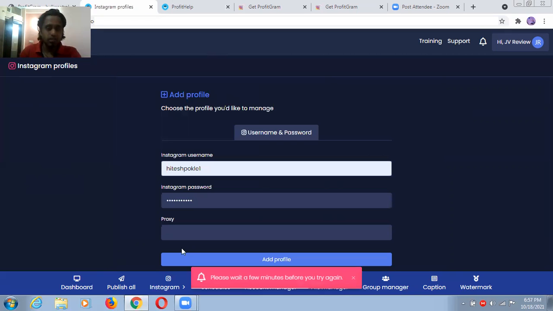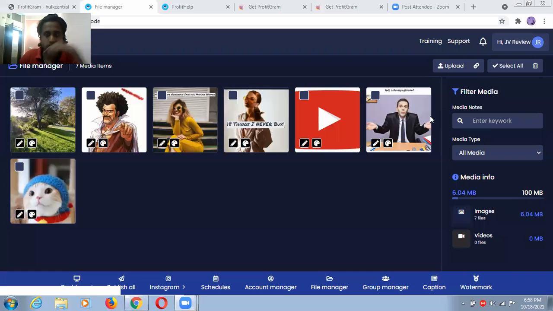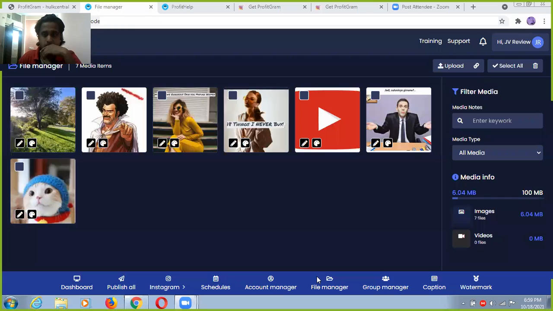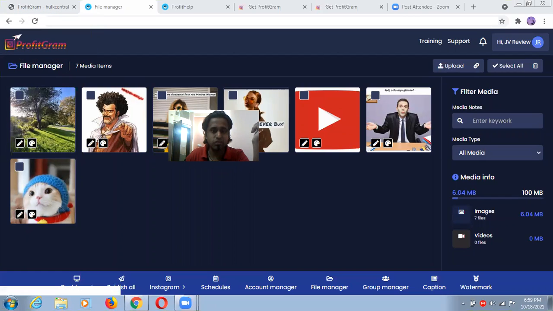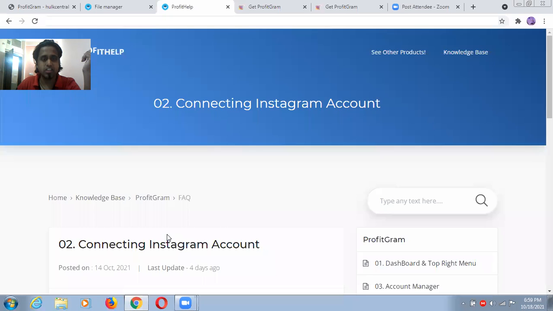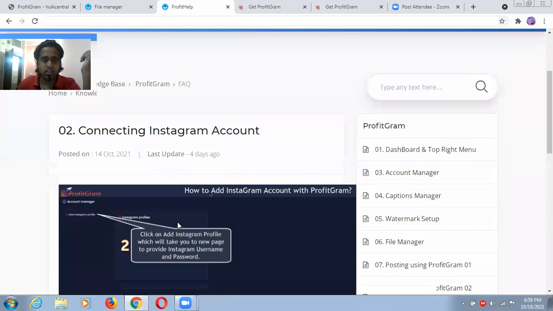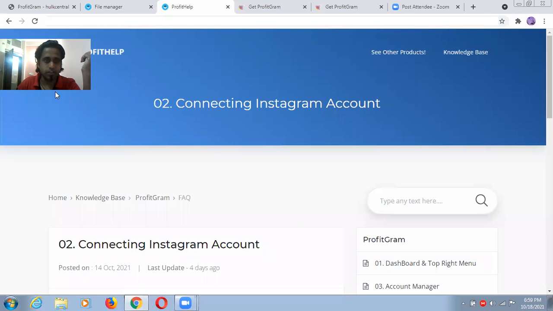So again, it is taking time, guys. Let me just leave this option. When you click here on file manager, these are some demos. But you can go ahead with your upload option, and you can come with your own images, your own posts, and something like that. All these things are available here, guys. You can do all these things with your own. You will be able to upload all these things from here, and this will be your complete file manager. And this is actually very simple, nothing inside that, but you will learn each and everything inside the trainings. This is some screenshots, but you can go for the video option also.